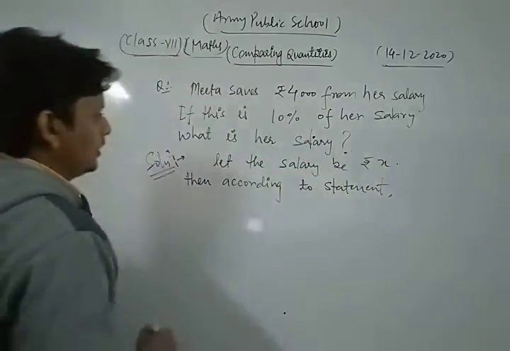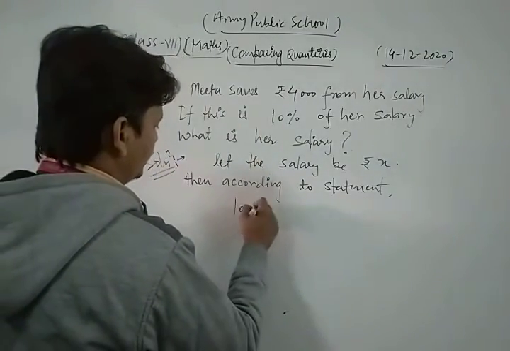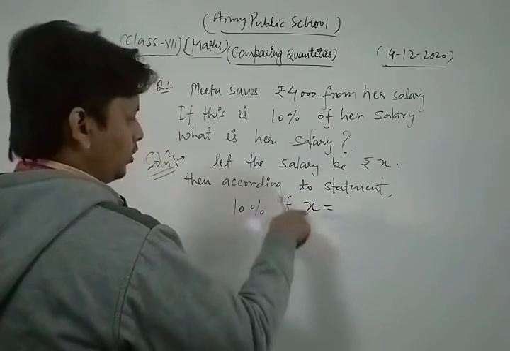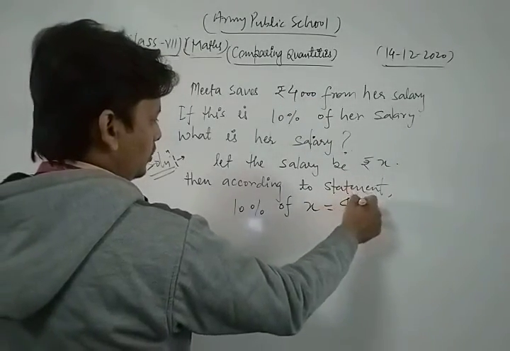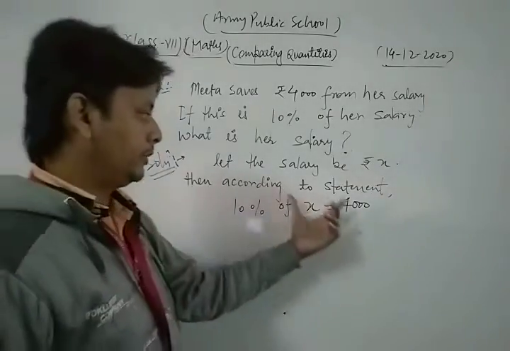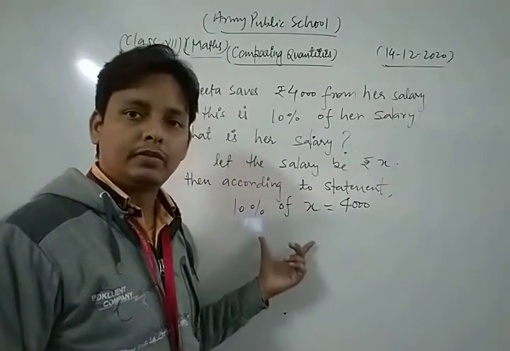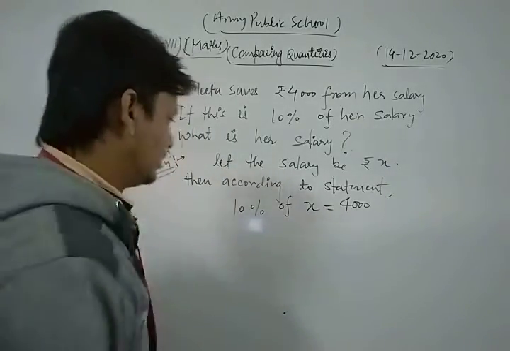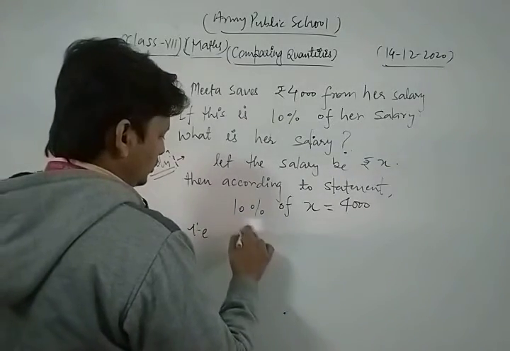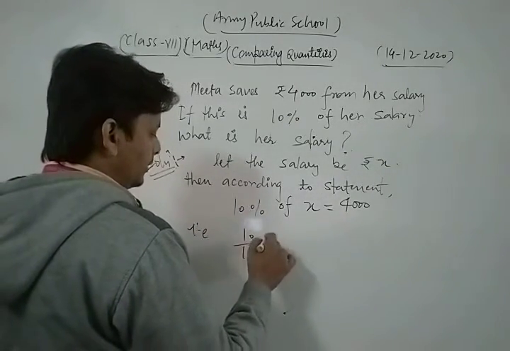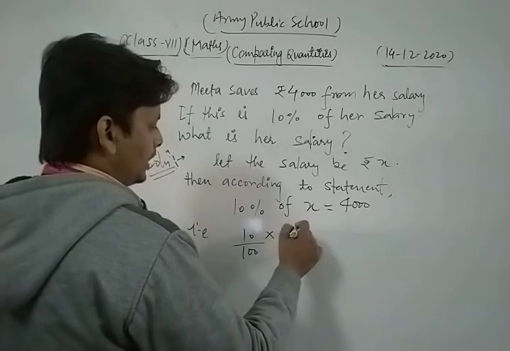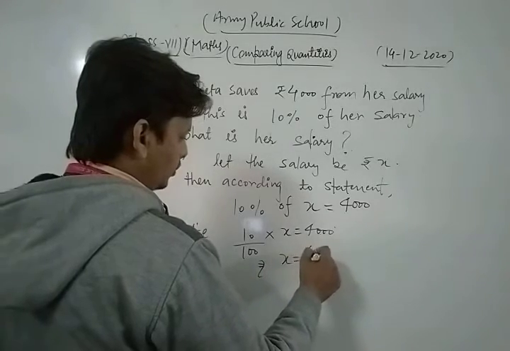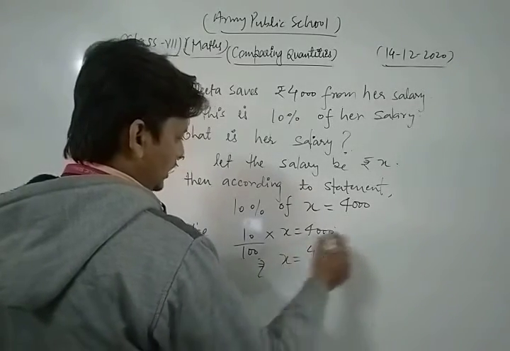Then according to the statement, 10% of X is 4,000. So according to the statement we form that equation. Now we simplify that equation and find the value of X, which is her salary. 10% means 10 upon 100. Of means multiply, into X is equal to 4,000. Thus the value of X is 4,000 multiplied by 100